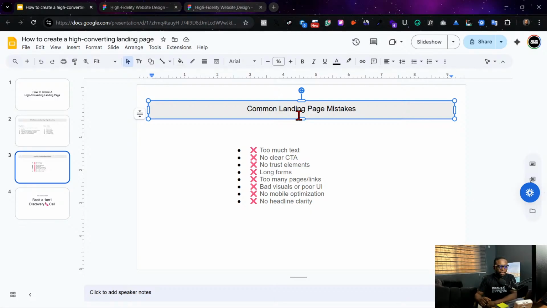You have too many page links, bad visuals or poor UI, then no mobile optimization. So each of your pages needs to be mobile optimized. Then